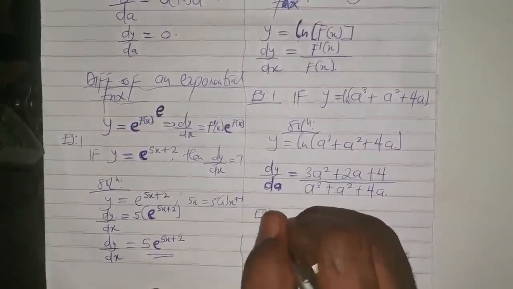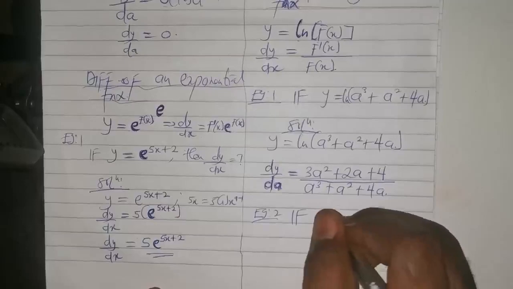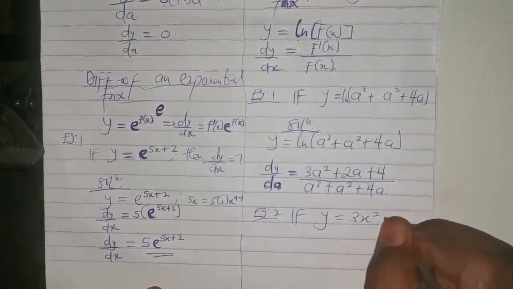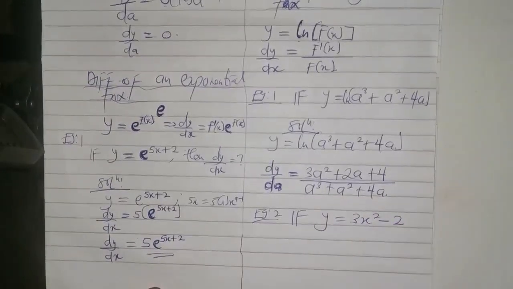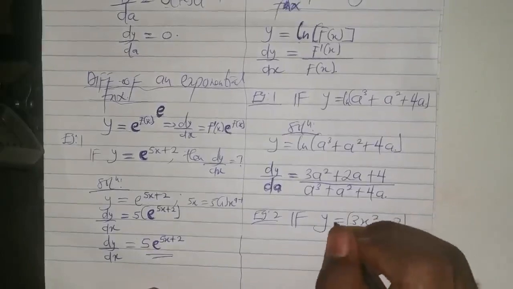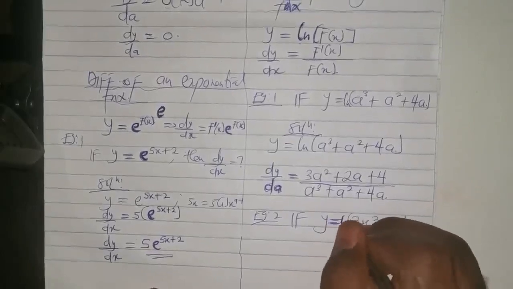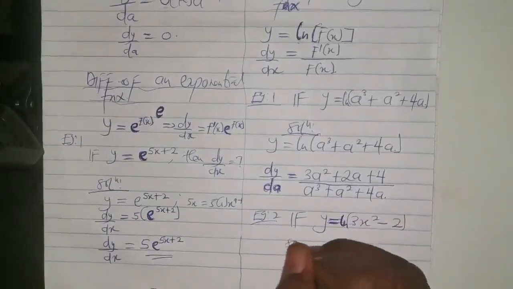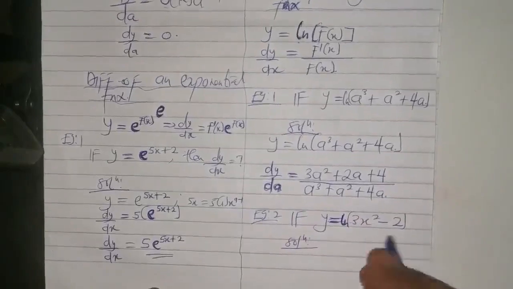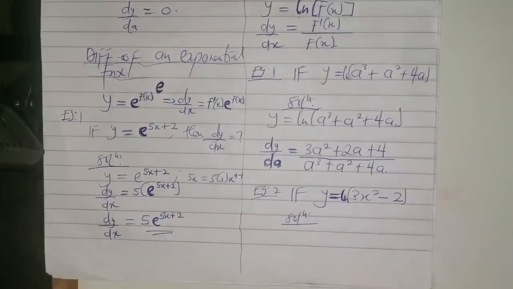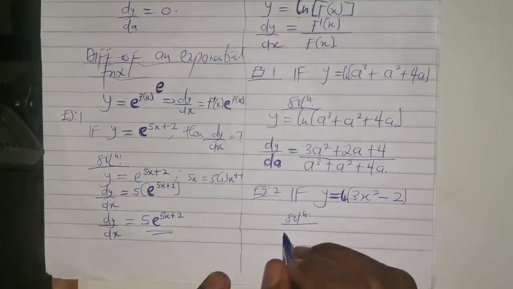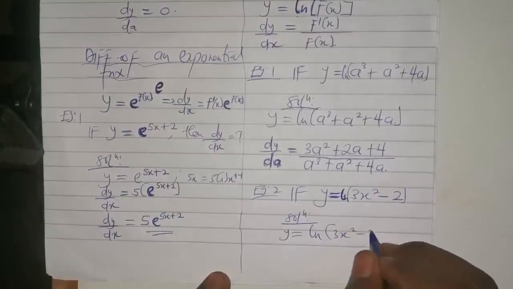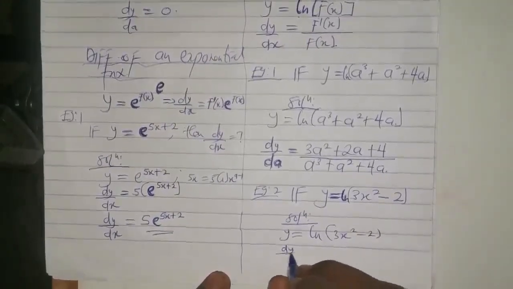Example 2. If y is equal to, let's say, ln of 3x squared minus 2. Sorry, I always forget to bring the ln. So the ln, shortcut form of logarithm. So I can say that with my solution here, I can straight away say that my y is equal to ln of 3x squared minus 2. So I can say that my dy over dx